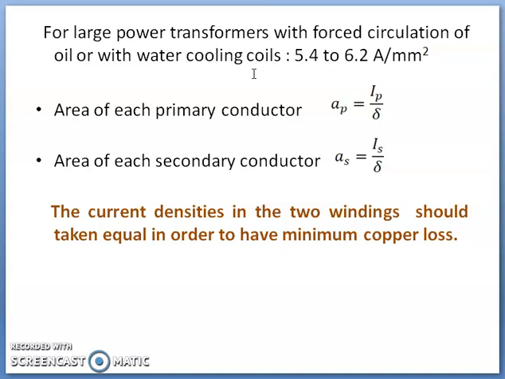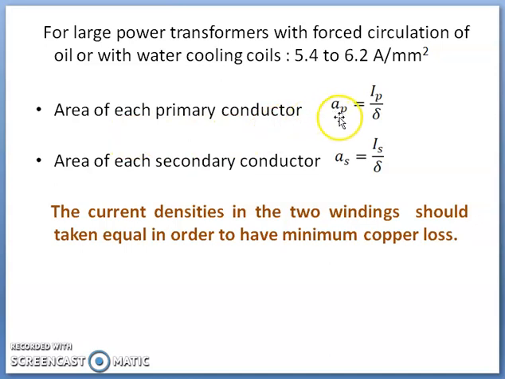In that case, the designer may go for a higher value of current density, say up to 5.4 to 6.2 ampere per mm square, but higher values are permitted for large power transformers only with circulation of either oil or water as cooling media. Okay,